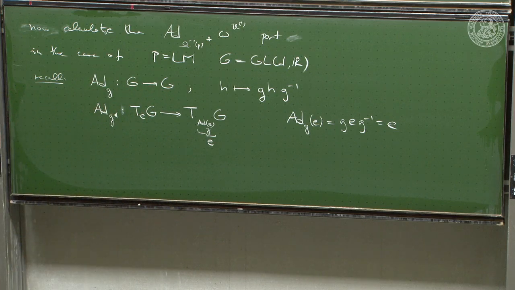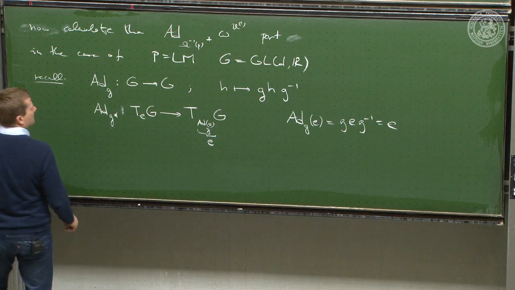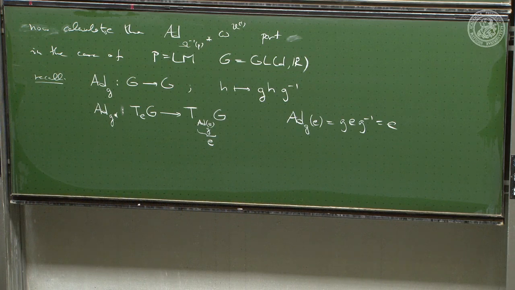That's the appeal of the action on the Lie algebra, that it sends you back to the Lie algebra. And now the question is, how does it act in practice? And in practice, the remarkable thing is, claim